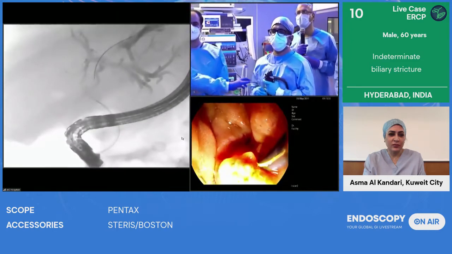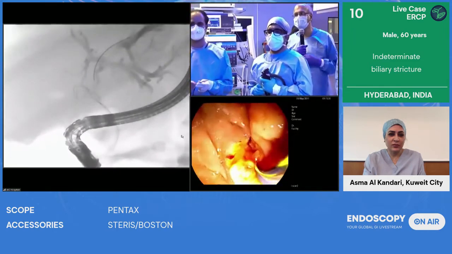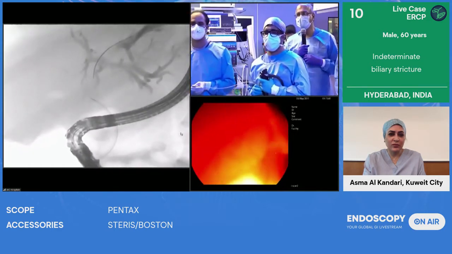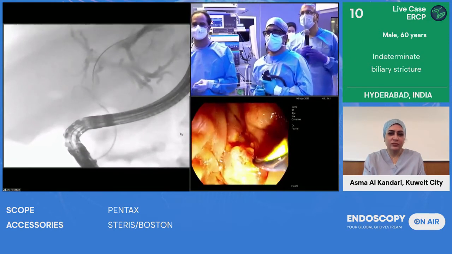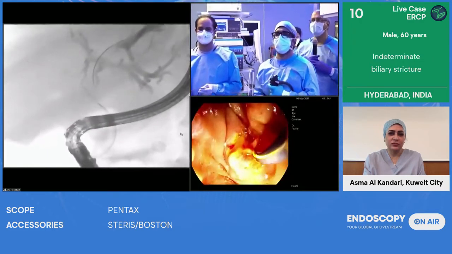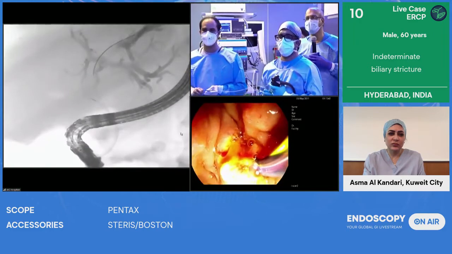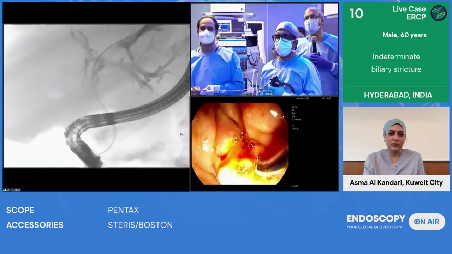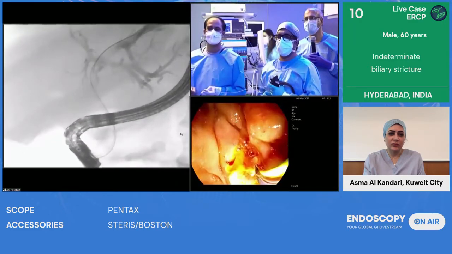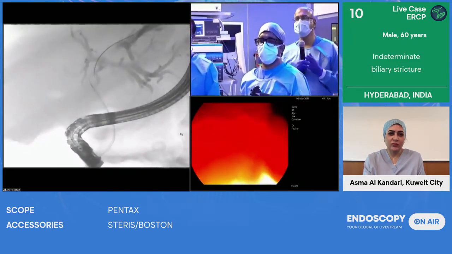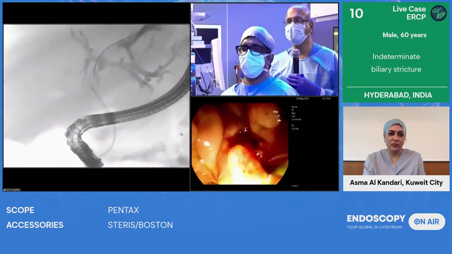As they're trying to pass the wire on the right side, we can either go for 2 stents simultaneously, one after another, or we can do what is called the Y stent, where you pass 1 stent in another stent. This will to some extent depend upon the difficulty of getting into the right side. If it is very difficult, you pass a guide wire to the right side, better to go stent side by side. But if it's easy, then you can do a Y stent.